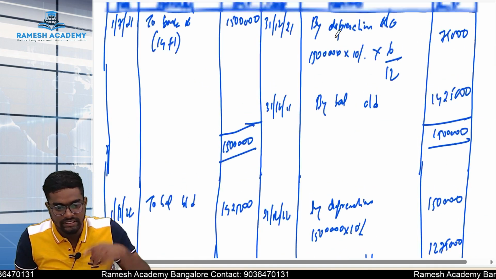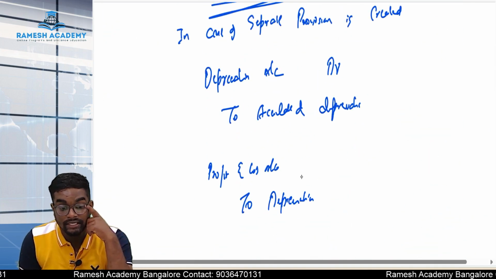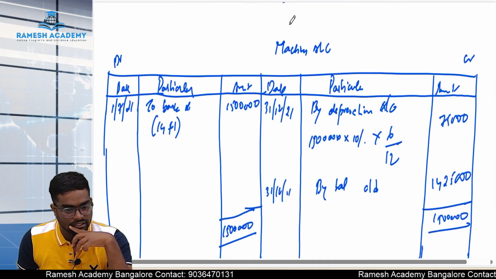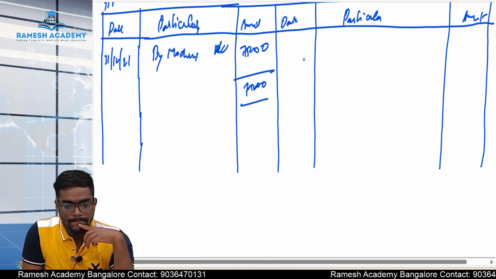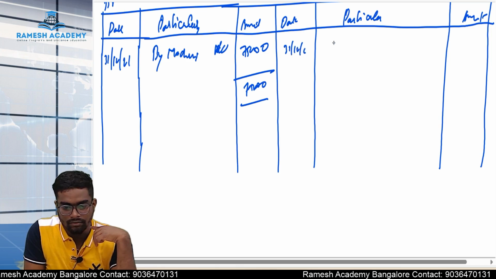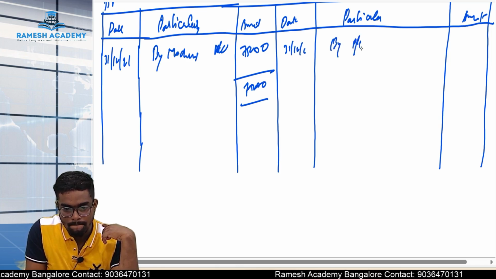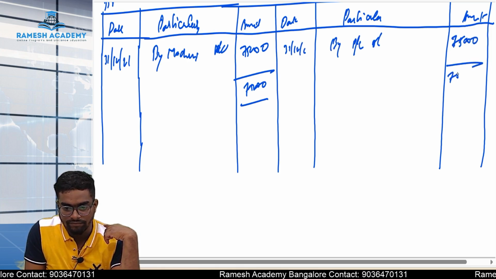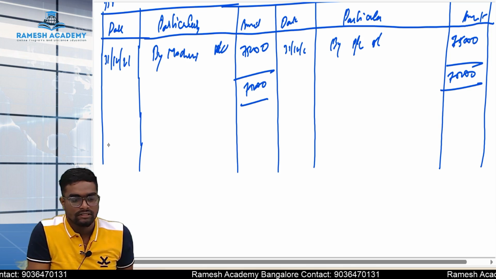So what will be the second entry? See, it will be transferred to P&L account. That's all. P&L account to depreciation. So it will be by P&L account, 75. Okay. Next, second year,